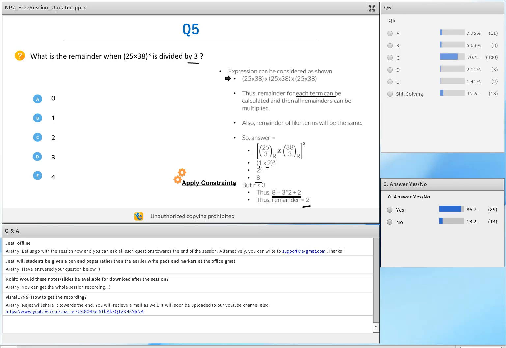Now, this is great. We're going to now get to a concept called negative remainders, which is where we can solve this question using another method called negative remainders. But overall, when you think about it,